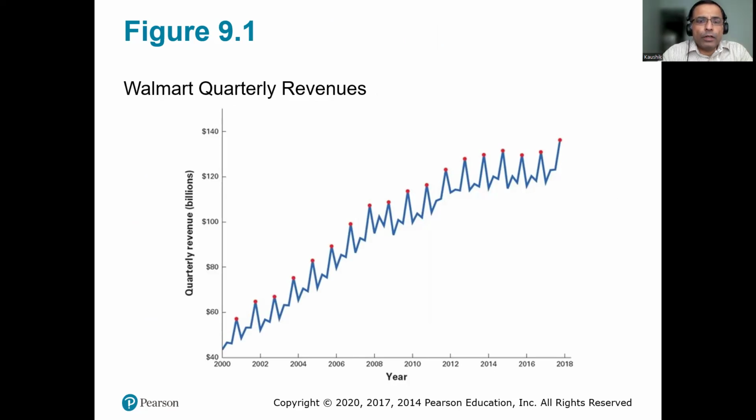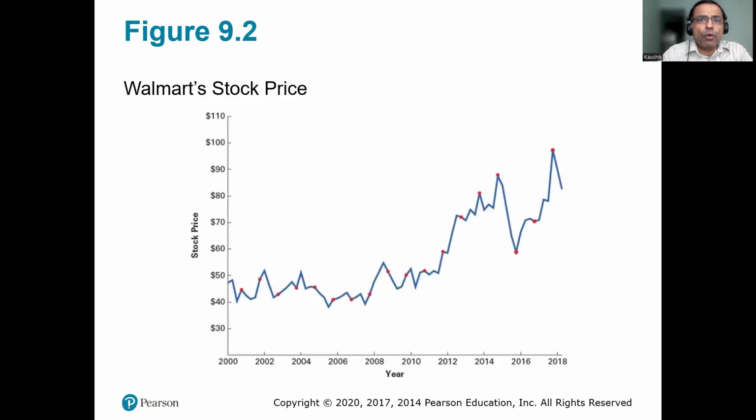So this is the quarterly revenues for Walmart over a period of few years. So we notice that in the fourth quarter of every year, the sales goes up, primarily due to the holiday season. So we expect that during the fourth quarter of every year, the stock prices should also increase substantially because of good news about the company's business. What we notice is the stock price does not move in sync with the sales movement.